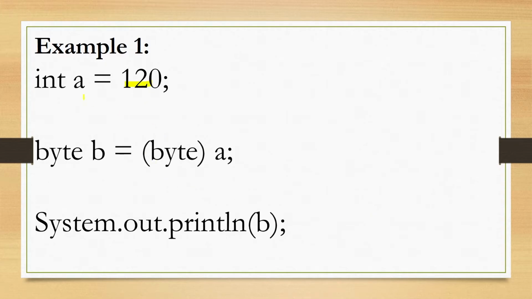So this int variable a with this byte value, and when we run this, we are converting it to byte, and we will get this output as 120. So in this case the value is being retained, but the value won't be retained in all the cases. If this value here would simply be 150, then 150 is out of range for data type byte, so there will be data loss. So for that reason we need to perform explicit typecasting, and that is what we have performed here.